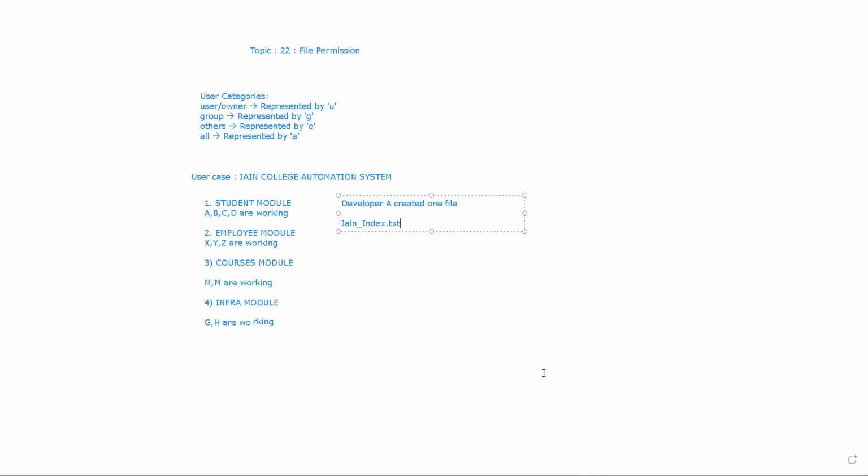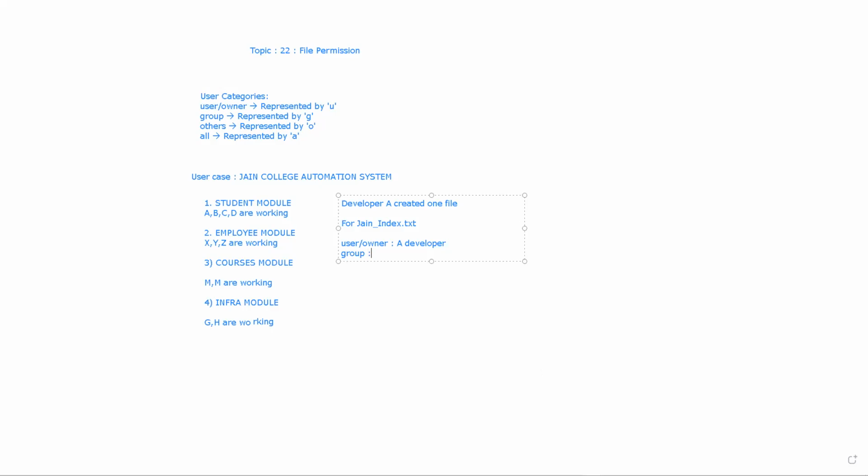In this case, for this Jain underscore index file, who is the user or owner? A, because A created this file. So developer A is the owner or the user of this file. And what is the group?